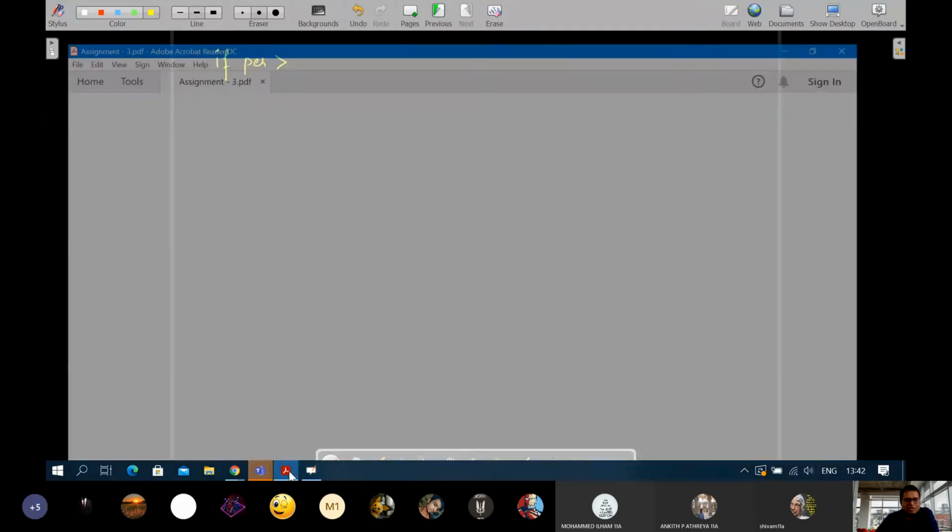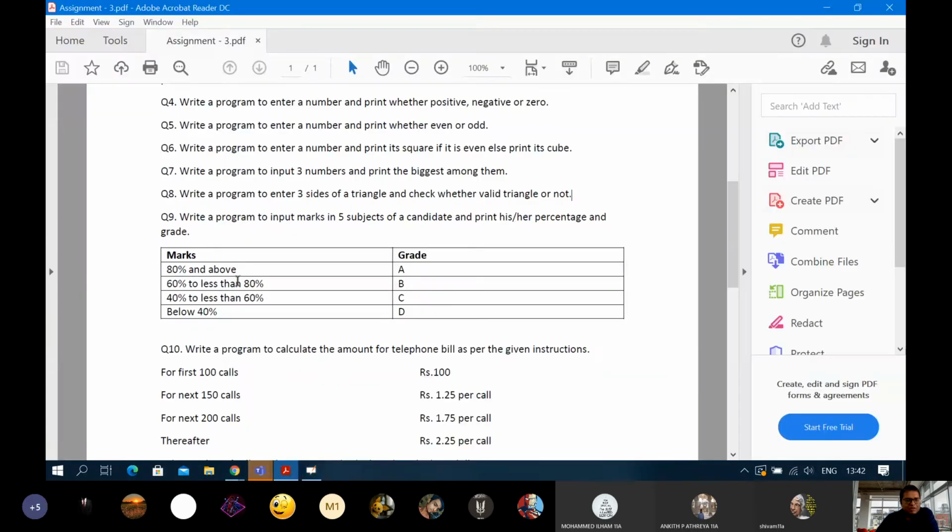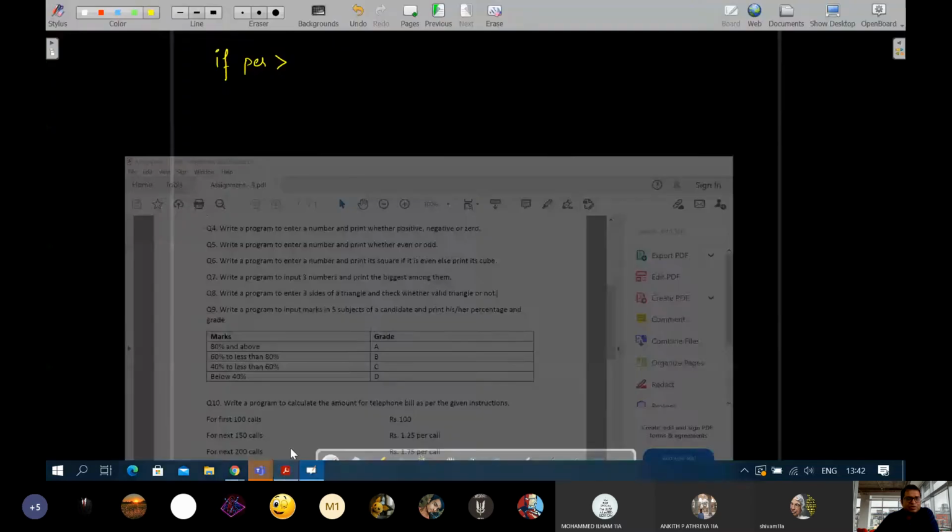greater than, see what the condition says, 80 and above, that is 80 including. So we will write greater than or equal to 80, print which grade?